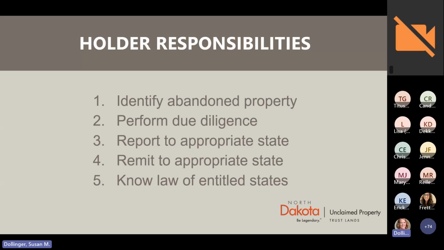So let's say that you are reporting a savings account using North Dakota's 5-year dormancy period, but the owner actually lives in, let's say, Michigan, and I'm making that up. I don't know what Michigan's dormancy period is, but let's just say, for argument's sake, that Michigan's dormancy is 3 years. So if you're going by North Dakota's 5-year dormancy and you report a Michigan owner to North Dakota after 5 years,